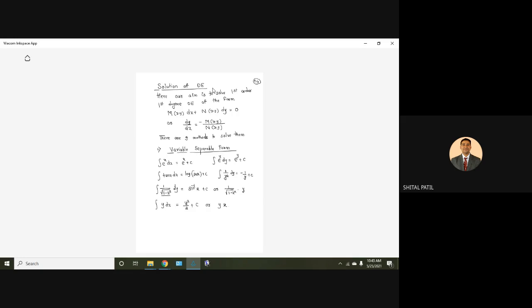Let me tell you. See, here in the first example, e raised to x, the function to be integrated, is known as the integrand. So the integrand and the variable of integration are both functions of x. So whatever answer we have written is correct. Same in case of example 2: integrand and integration with respect to both of them are functions of y. So the answer is correct. Same is true for example number 3, functions of x, and example number 4.